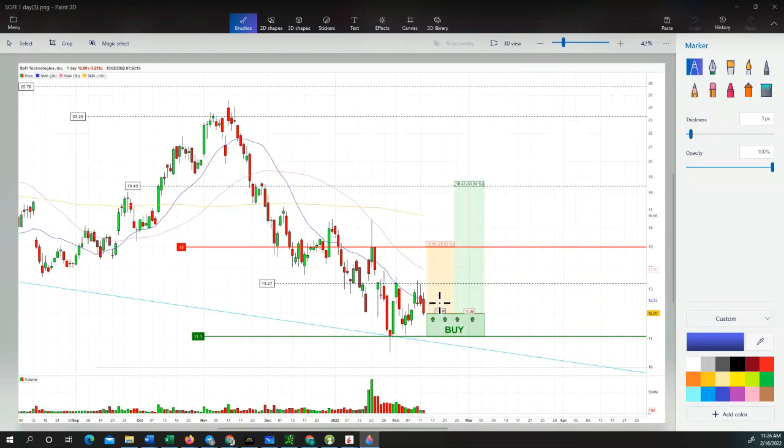Now, as I've indicated here, there's percentages you expect, right? So if it gets to $15, you'll be making around 25.52% if you buy it at $12. So you'll be making 25%. Then if it goes to 18, you'll be making 53.84% if it goes to 18.43. So what happens then? Once you've bought, the stock will start going up, and then you'll